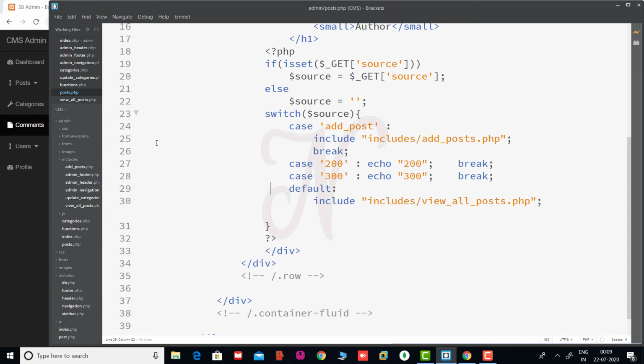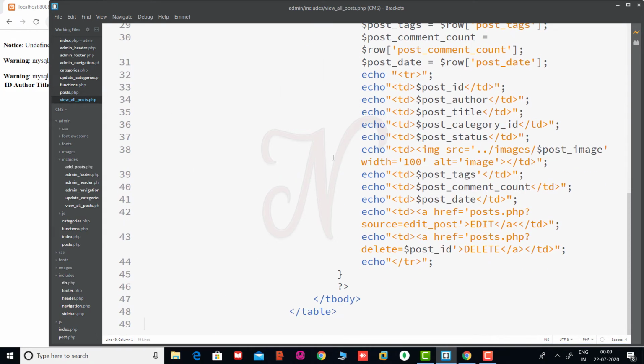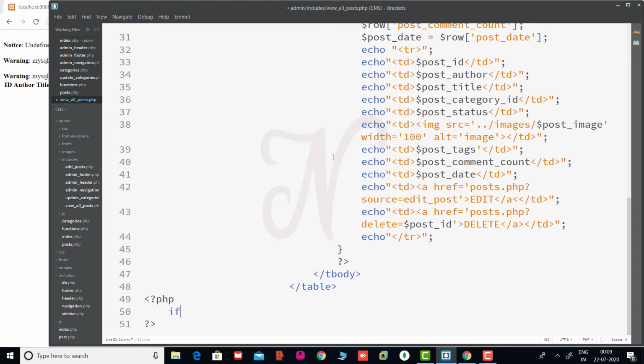Okay, so we do the code in that view all post file. So after this table tag, this one, we add the if condition, PHP. Here we check isset $_GET delete.